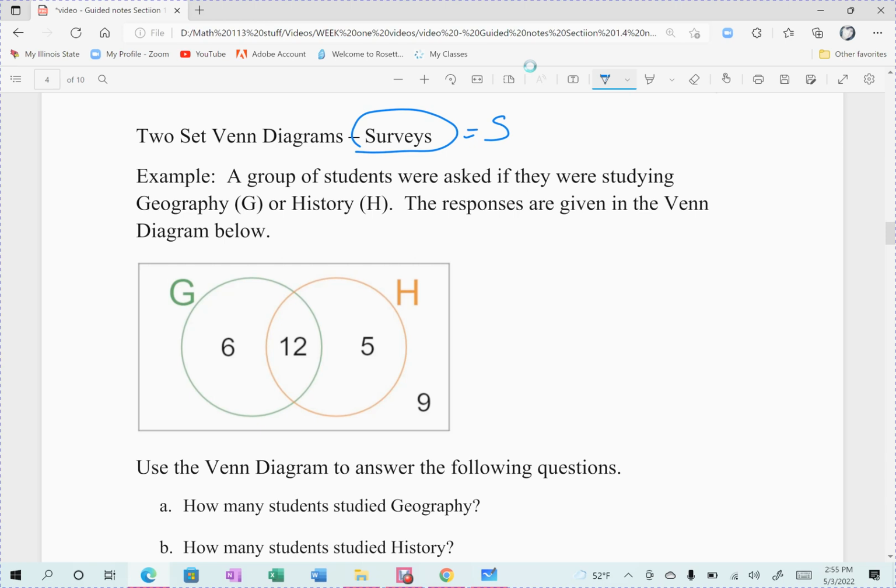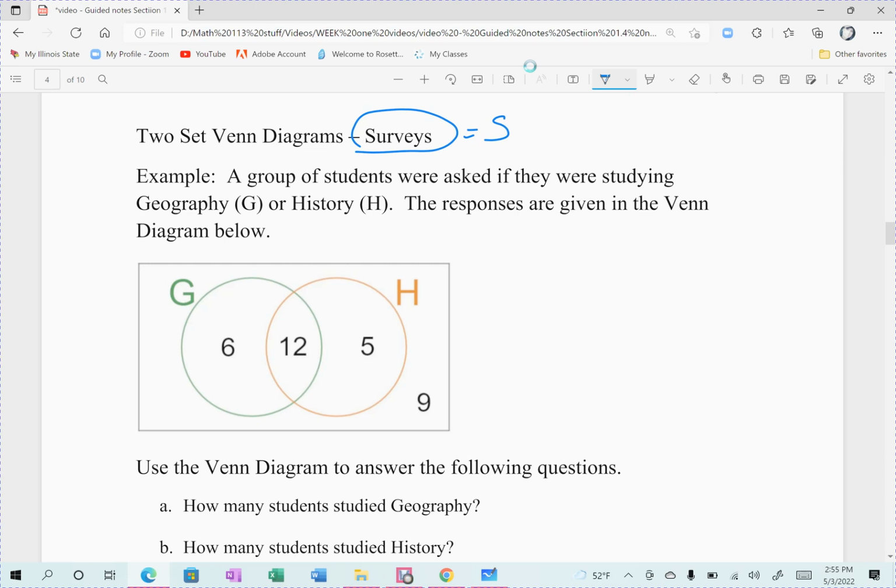All right, the responses were given in a Venn diagram below. The green circle are all of those students who said that they were studying geography. The orange circle is all of those who are studying history. If we look at our circle here, you'll notice, if we can kind of figure this out,